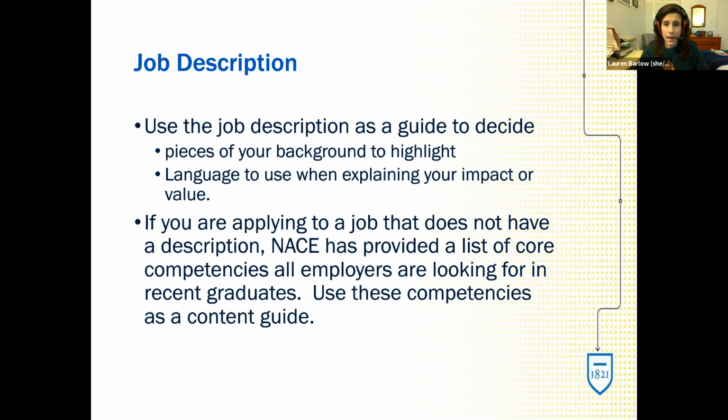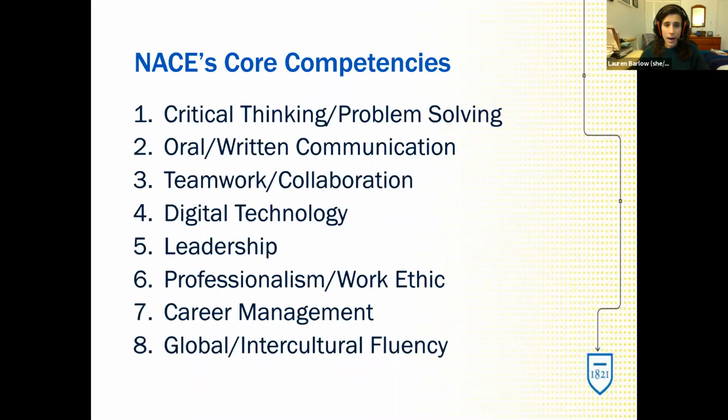The NACE, the National Association of Colleges and Employers, every year puts out a list of core competencies that employers are looking for in candidates or potential hires. And here's that list. So when you're thinking about either your work that's directly related to nursing or your work